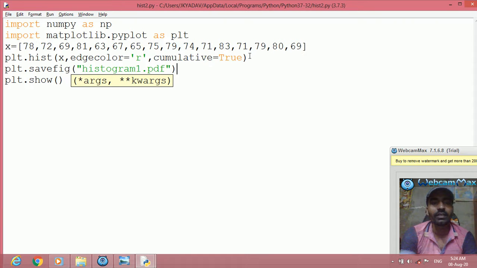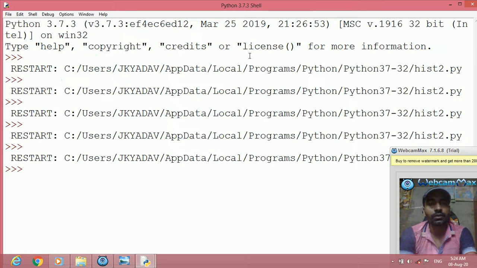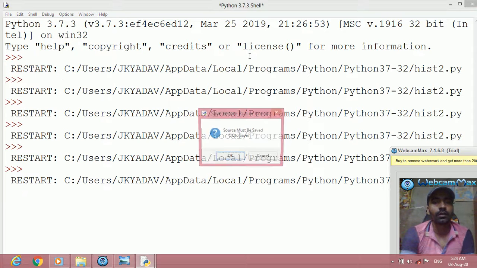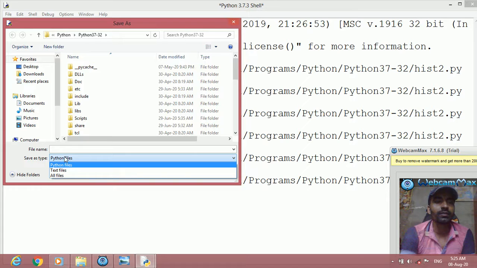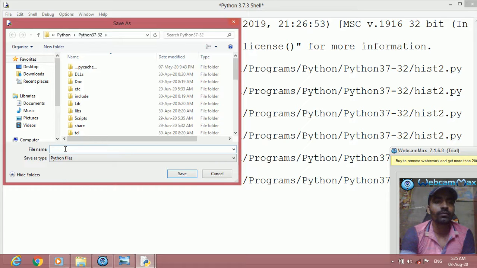Now save it, execute. The source must be saved. Okay, let us save it with any name, suppose AA.